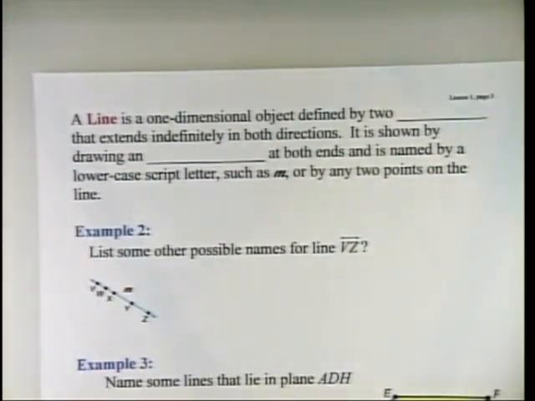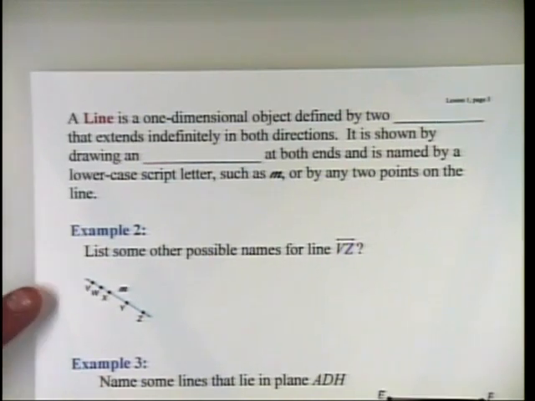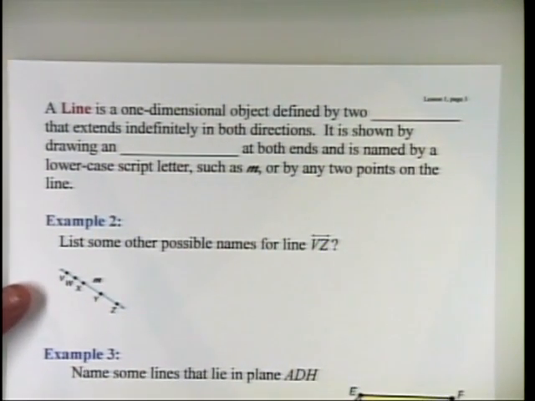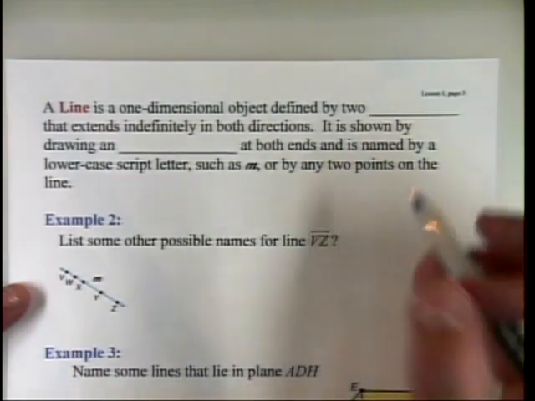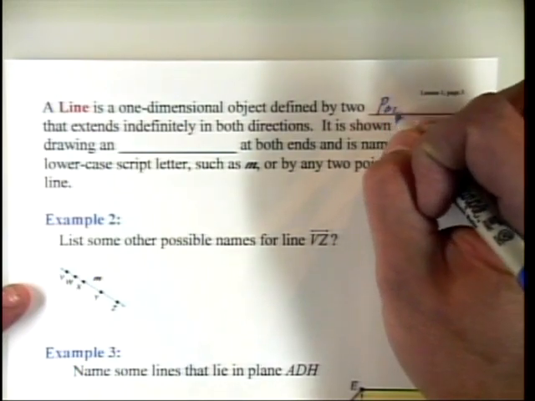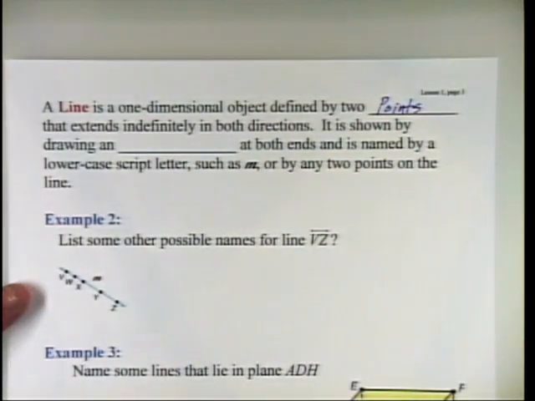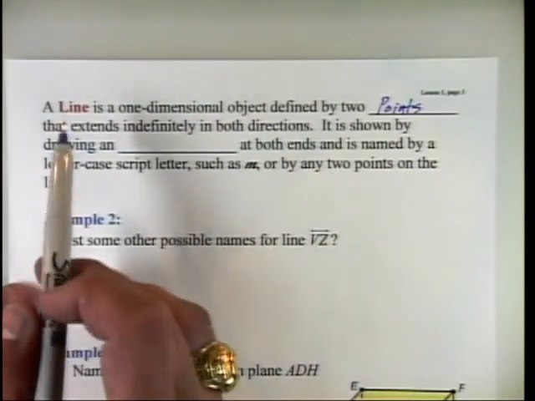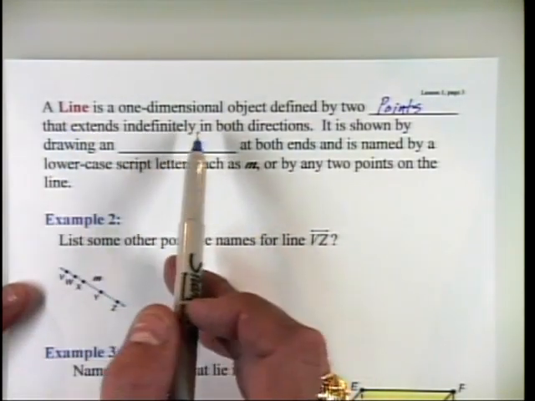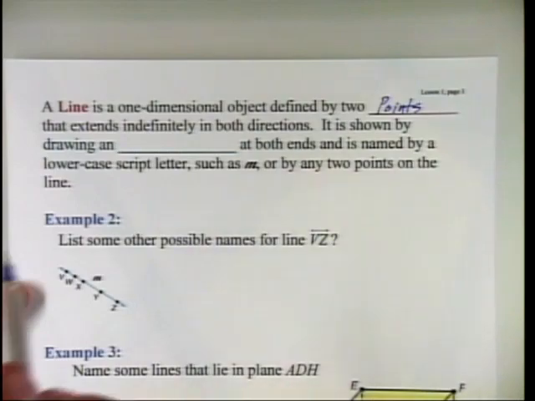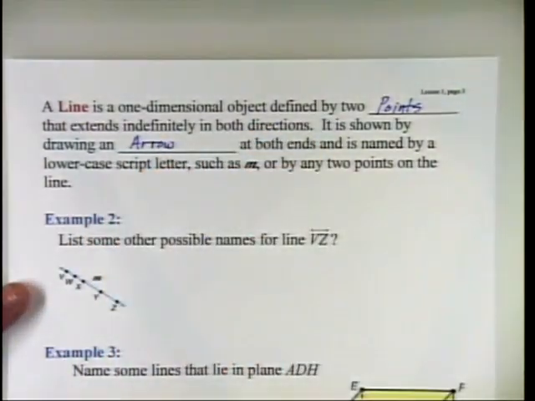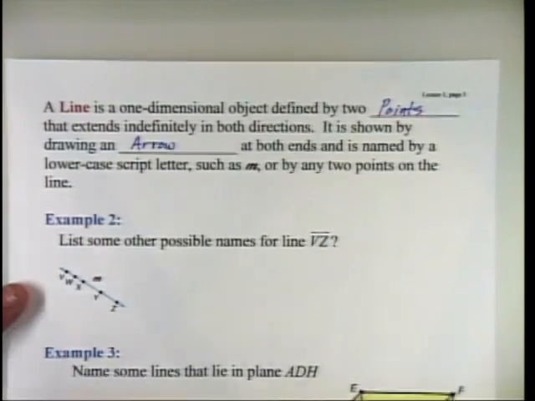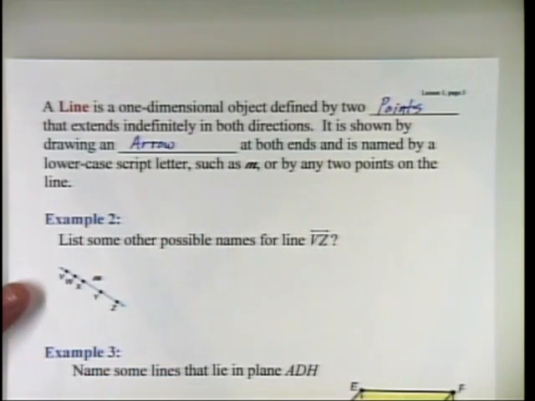Okay, now a line is another important undefined term in geometry, or a primitive term. I'm actually going to define a line, but we still call it undefined, meaning primitive. So a line is a one-dimensional object defined by 2 points. You only need 2 points to define a line. So any 2 points on the line, and the line extends indefinitely or infinitely in both directions. It's shown by drawing an arrow at both ends, and it's named by a lowercase script letter, such as M, or by any 2 points on